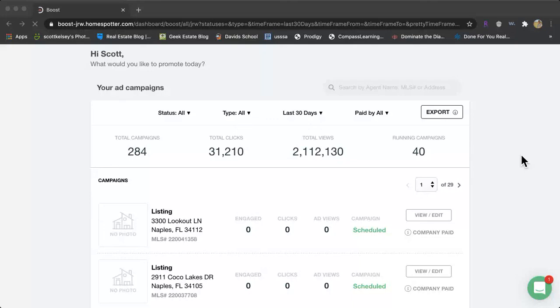Okay, here we go. So this is Boost by Homespotter. We're going to just do a kind of a roundtable discussion. So if anybody has questions, they can feel free to jump in and ask, and we can go that route. But one thing I do want to show you all is